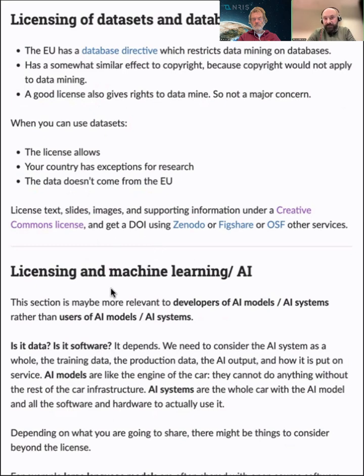And more strict, it goes towards the CC BY SA, which stands for share alike, so that if you reuse that data, then you also need to release your data with the same license. And the most strict one would be that there's no commercial work that can be done with that type of data.